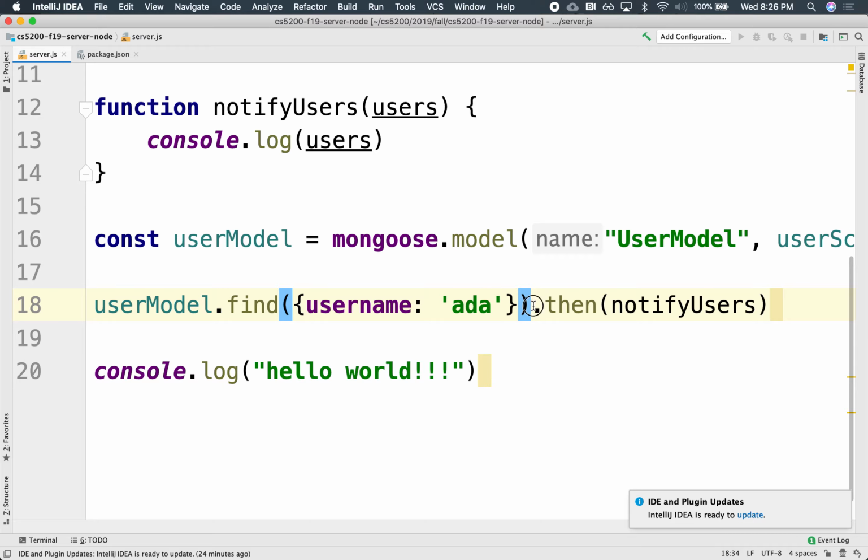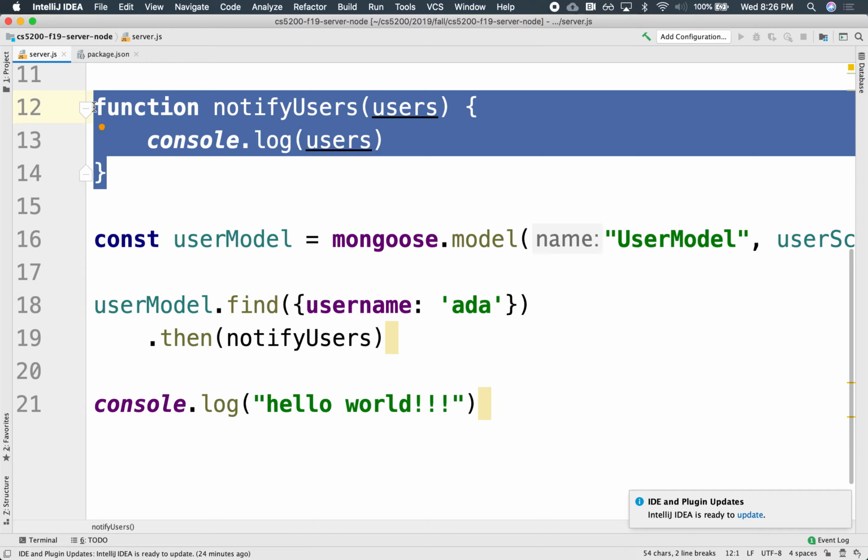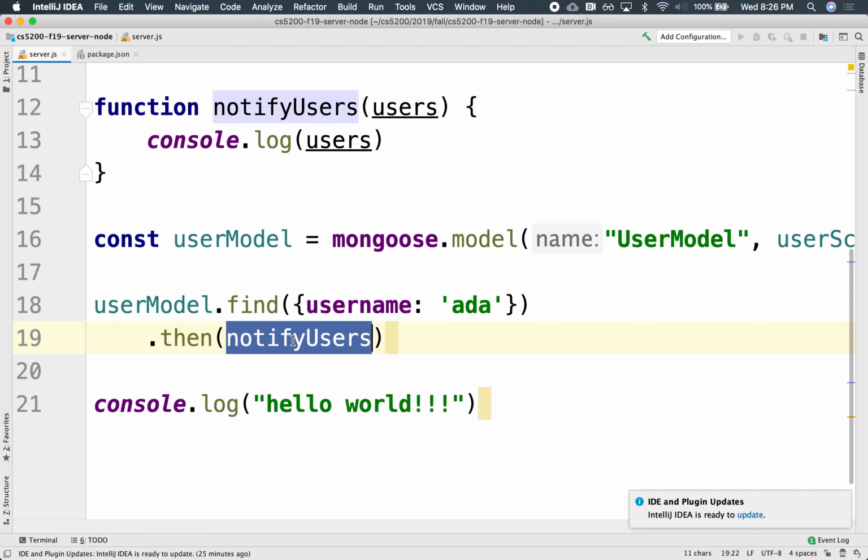Also, I can just put it in the second line. That still works. And if this function is a throwaway function that I'm never going to use ever again, something that is very common in JavaScript, and that's also becoming more and more common in Java as well, is to use anonymous functions, use lambdas. A lambda function doesn't have a name. It's an anonymous function. You pass the data, and then it's never used again.